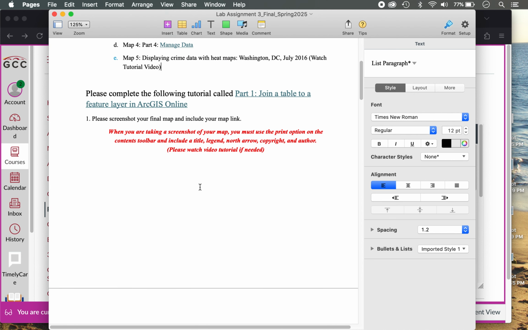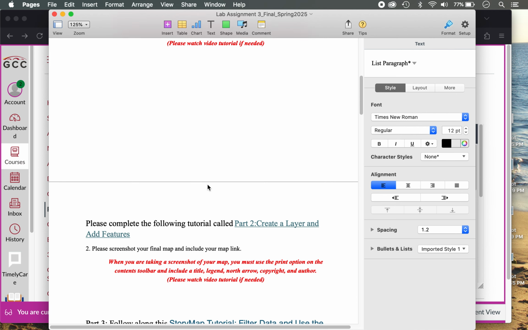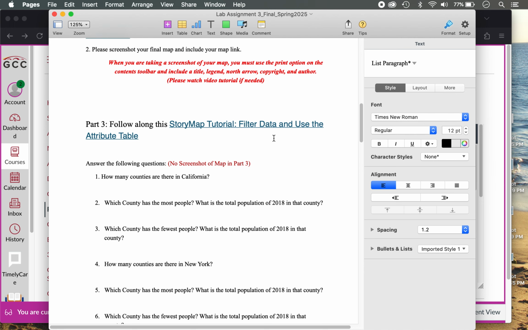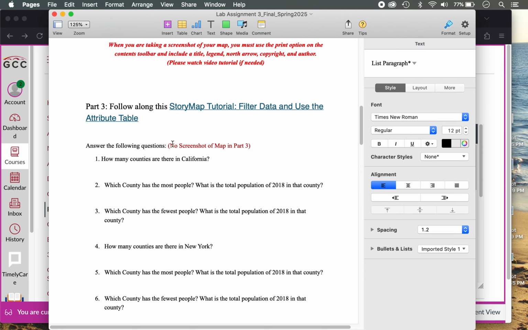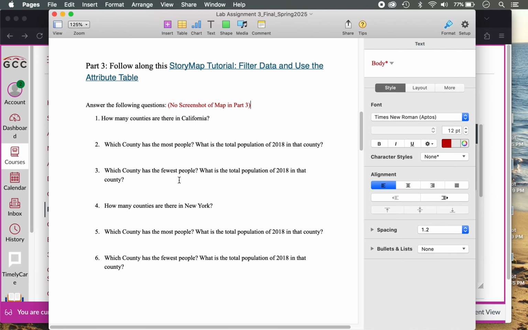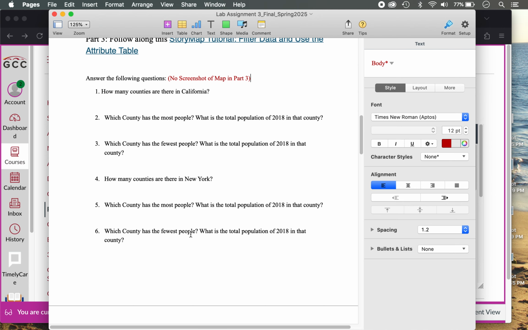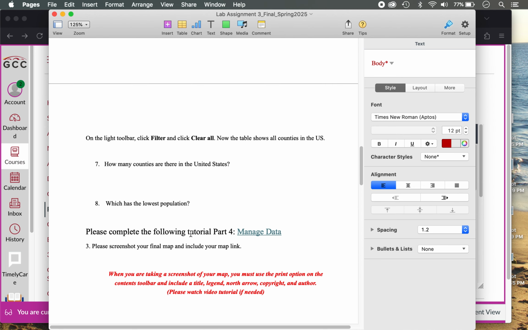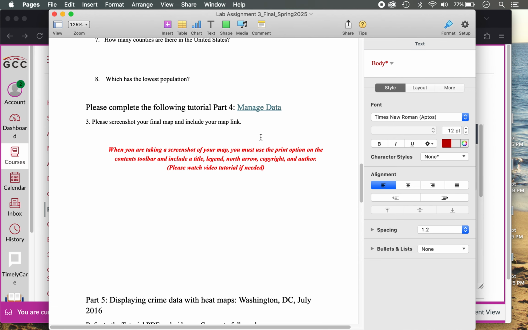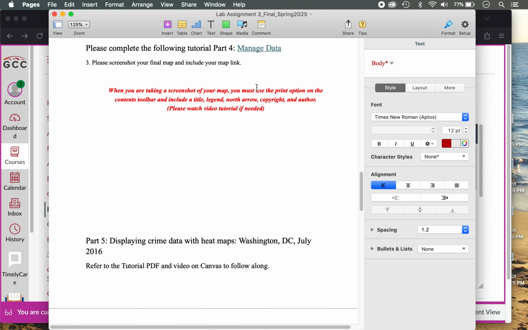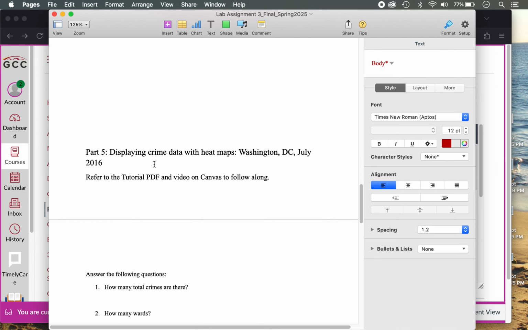So again, please complete the following tutorial. Click on the link within the Word document. And here's part 2. Part 3, it states here no screenshot of map in part 3. Just answer the questions as you go through the story map. And then part 4, you will be managing data using an Esri tutorial, and then part 5, displaying crime data